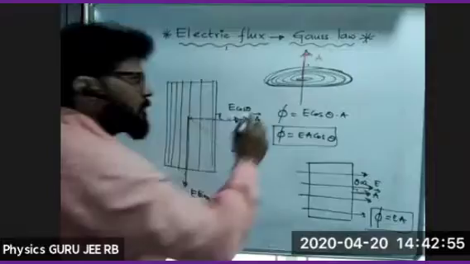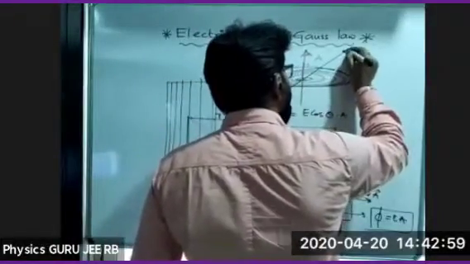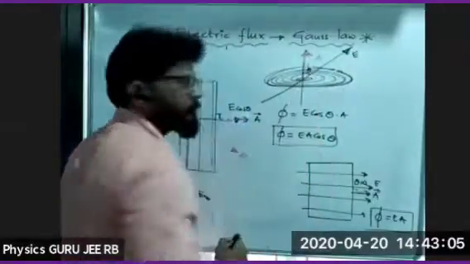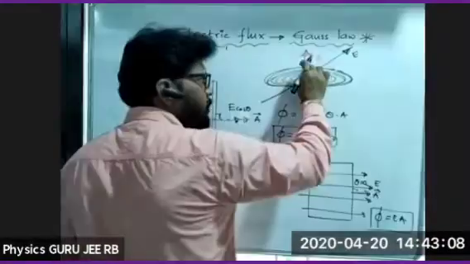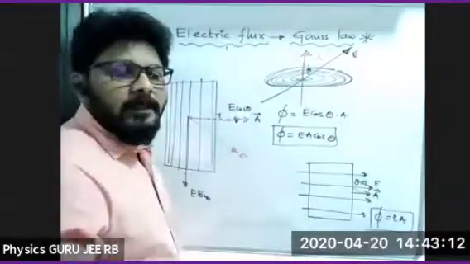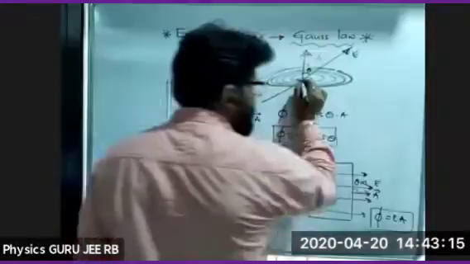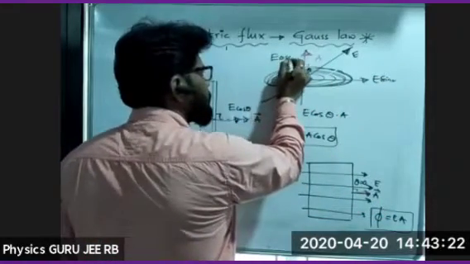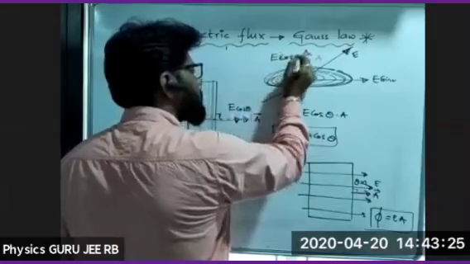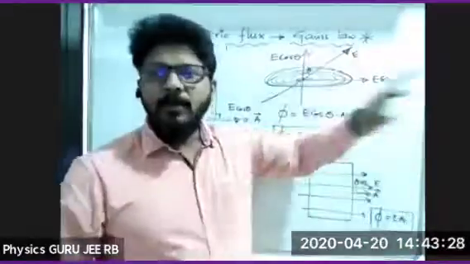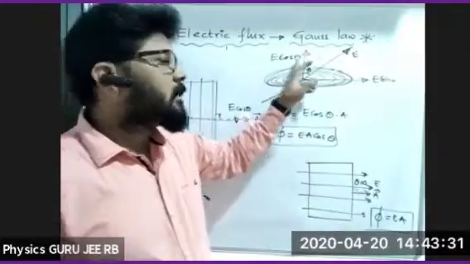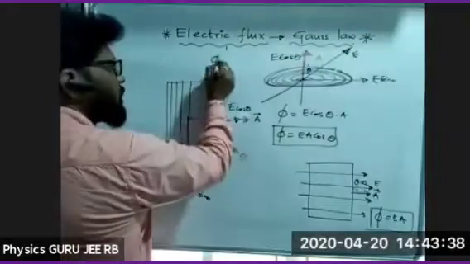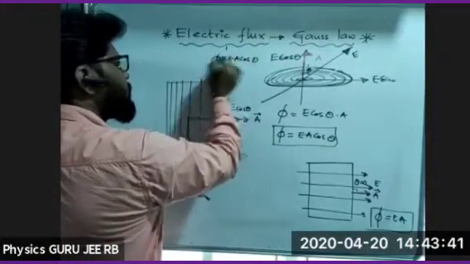Now let us imagine the electric field is moving like this. This is the direction of the electric field, which can be resolved into two components. Let me take this angle as theta. So we have to take this component. Always we have to take the component along the direction of area vector. So this direction is E sin theta, and this will be E cos theta. Is it clear? So what do we have to take for flux? Always E cos theta in the direction of vector A. So the flux phi can be written as EA cos theta. Right?